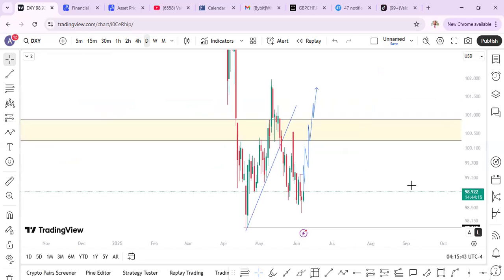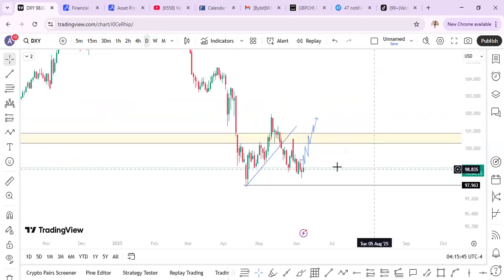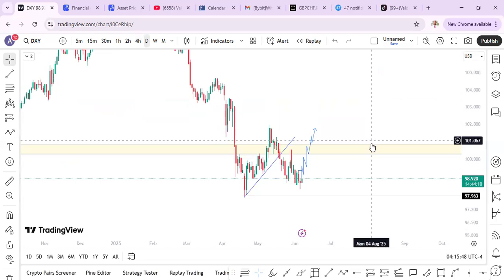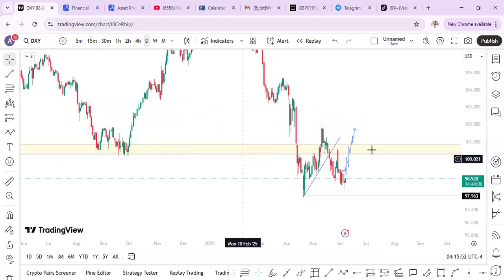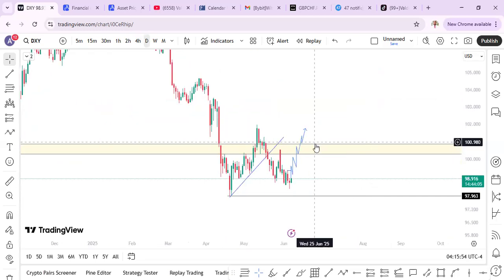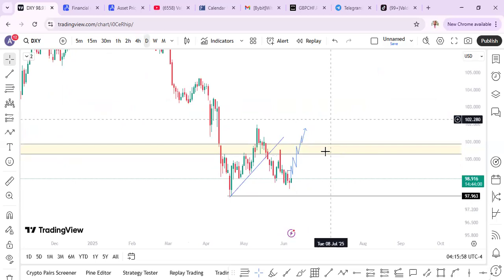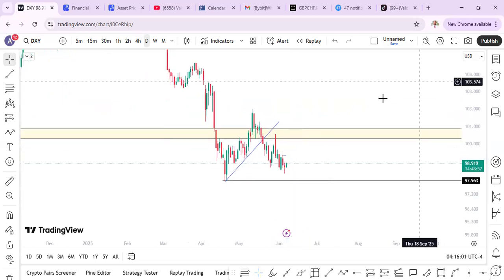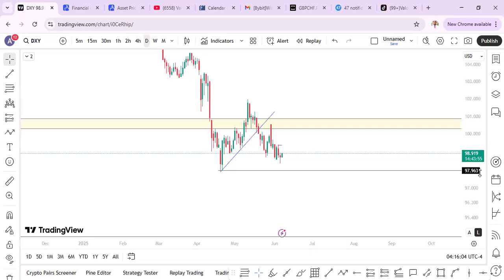But before the bull can really take over the market, there's a need for price to close above 100. 100 is a psychological zone that price needs to close above before we can say our dollar is bullish. But for now, this 97.6,